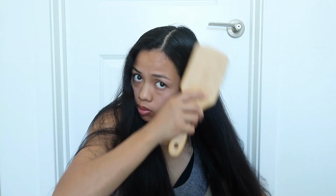So back to the steps. As you can see, I'm just massaging the scalp and preening and then brushing. So don't judge, but my hair hasn't been washed for a week, so it's super crazy. But yeah, so now